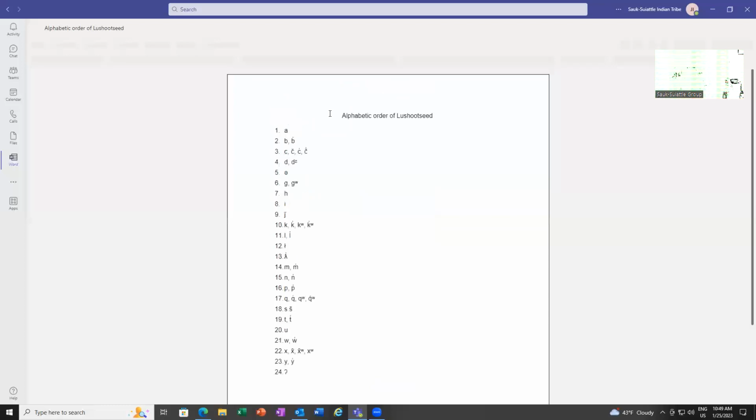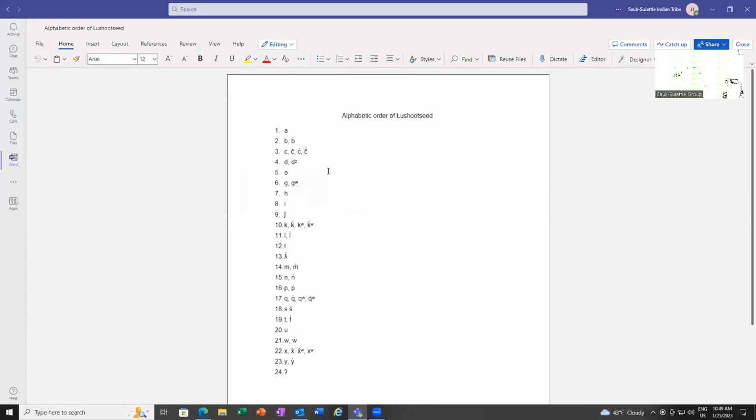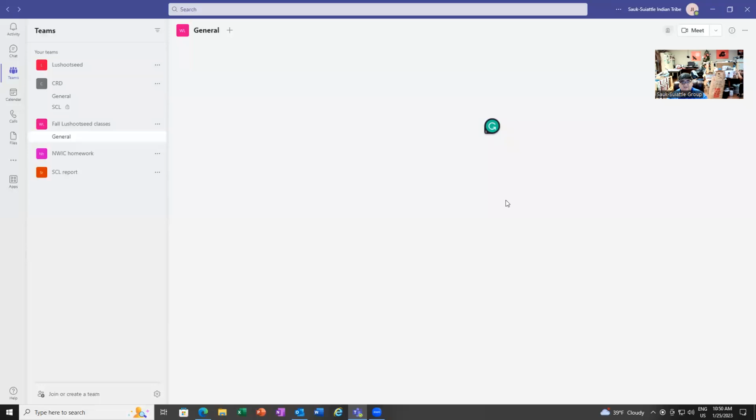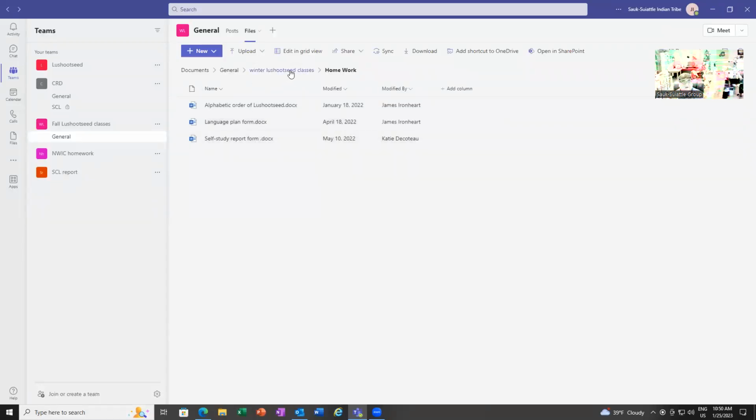So this is kind of the alphabet that is there. Yes, that is true. We have 4 different ways to say C, 4 different ways to say K, 4 different ways to say Q, 4 different ways to say X. Now, each one of these has their own symbol. Each one of these its own unique saying. And we'll get into this later if we need to. I don't like getting stuck on that part of the grammar.